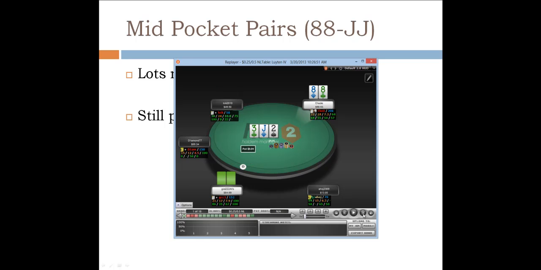The flop is 3, jack, 2. It goes check, he bets, and I call. Turn is a jack, definitely a good enough card for us. He goes check, check, and the river's a king. I check. He bets 13. And at this point, I decide that I might have the best hand, but I decide to shove it here instead of calling